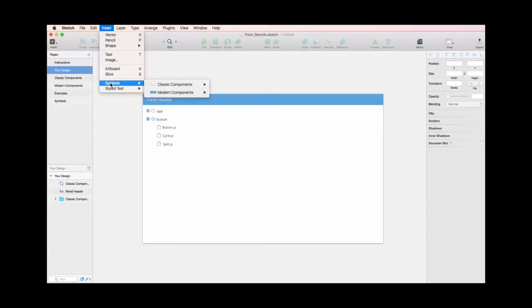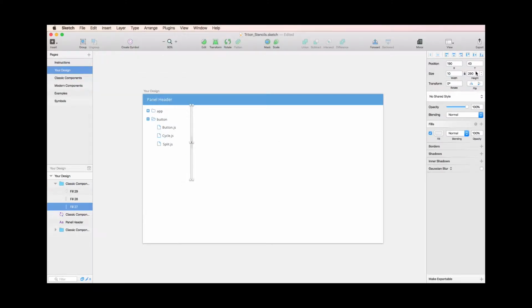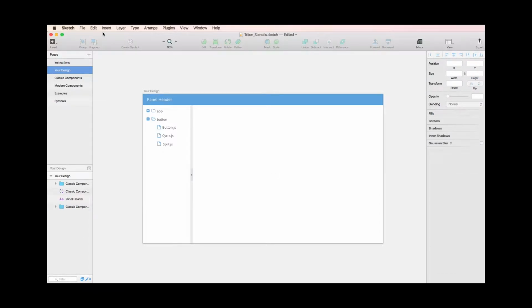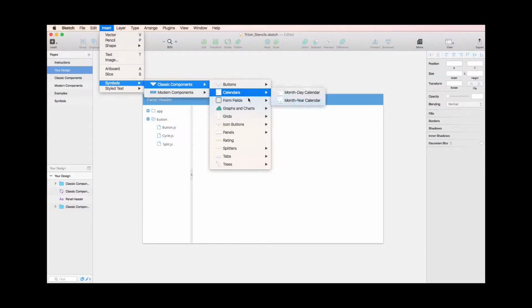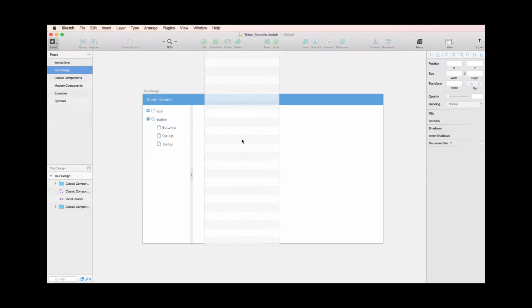Now let's just add a splitter and adjust it so it fits our artboard height. Now we have the basics of our beginning app. But in this empty area, I'd like to add a grid. So we'll insert that. Choose an array grid. You'll see that this grid is fairly high, so we'll have to adjust it to fit